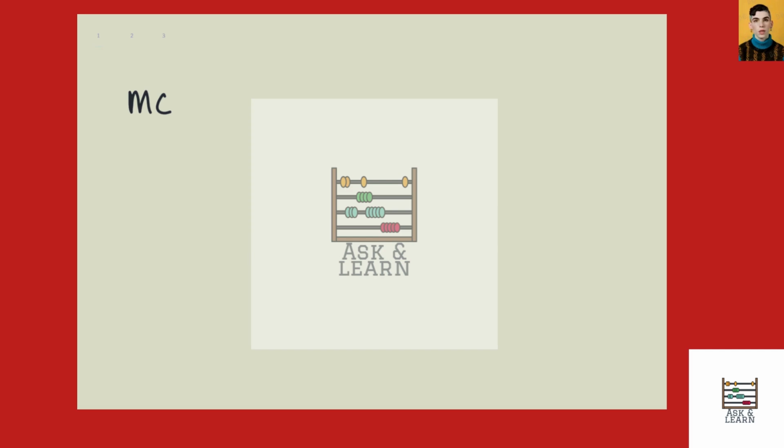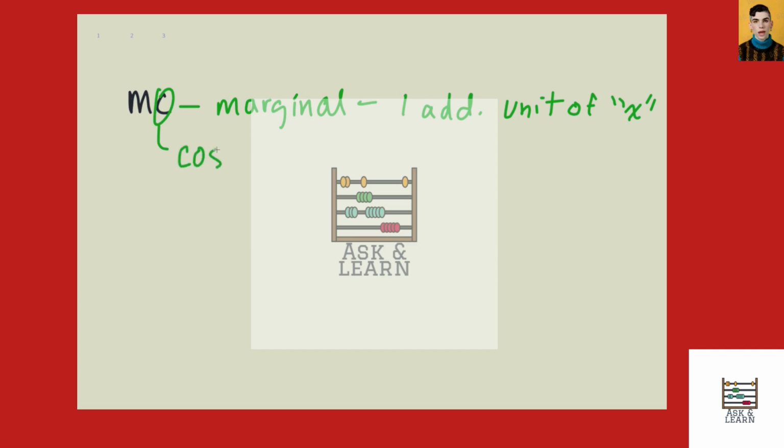So when we're talking about marginal cost, we're talking about the margins of something. The marginal is just what happens with one additional unit of something, and I'm going to call that something X just as a placeholder. When we're talking about cost, we're talking about, what do you have to give up? What do you have to pay in order to get something? So this is just cost. So when we're talking about marginal cost, it is what do you have to pay in order to get one